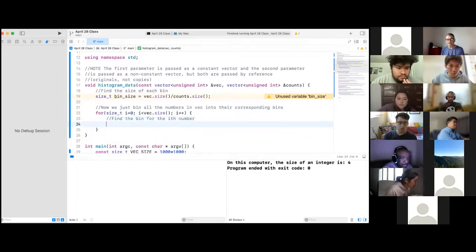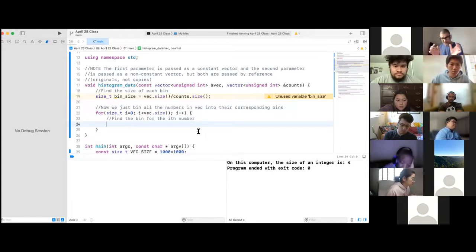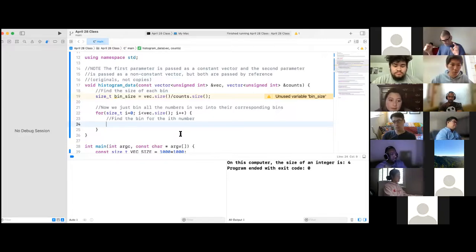On the next line, you basically say, let's take the number and we want to find out which bin it falls into. So we take that number and divide it by the number of bins, and the quotient tells us which bin it falls into. Yes or no? Actually, no. If I divide it by the number of bins, and I need to know which bin it falls into, let's say if it says 100 numbers, 0 to 10. If I divide it by 10, I get